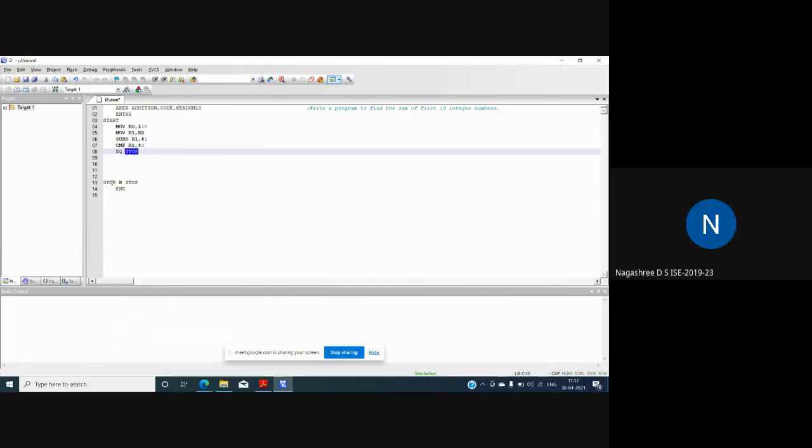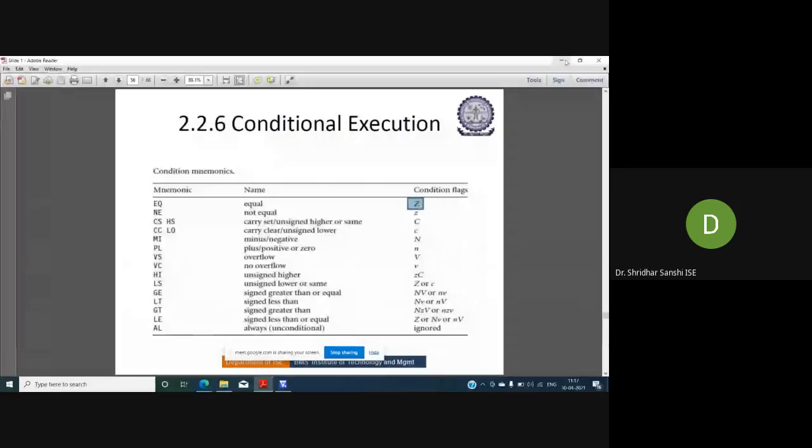EQ is a conditional instruction. This instruction is executed only if the value of the Z flag is 1.